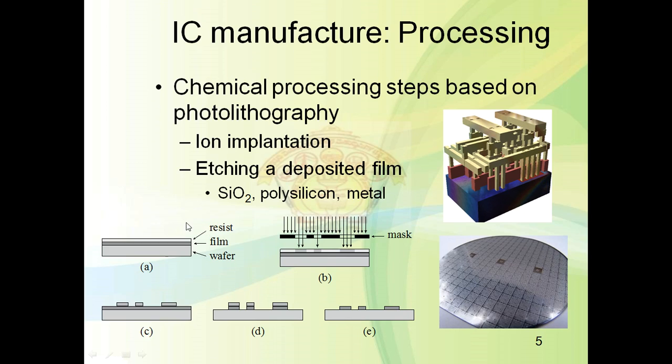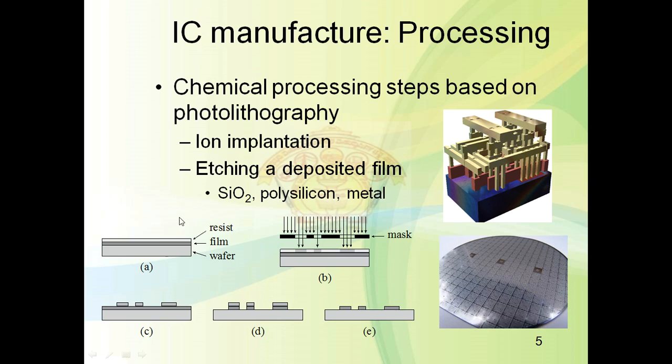Now you can see the different steps here. We want to work on this area of interest. Look at the last step, E. These are the areas of interest where we are going to do further processing, that is, n-type diffusion or p-type diffusion, n-well or p-well. We can form that area of interest step by step.